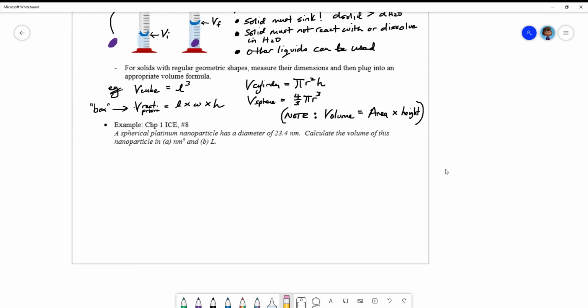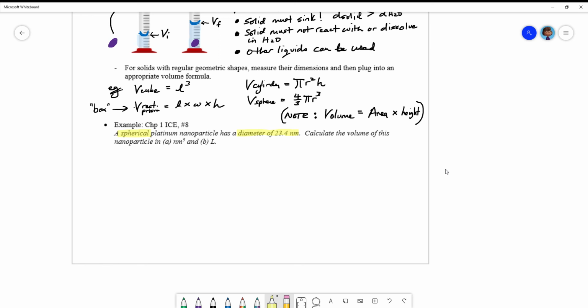So the information we have about this platinum nanoparticle is twofold, and I'm going to highlight two things. All right, first, the measurement, which is a diameter. And the second is the